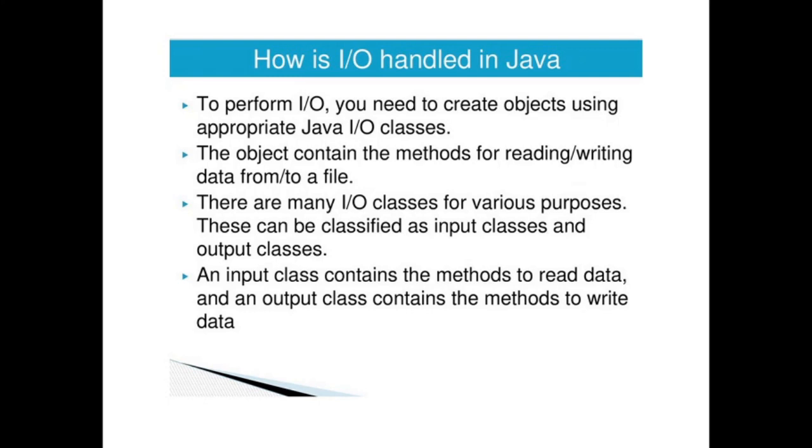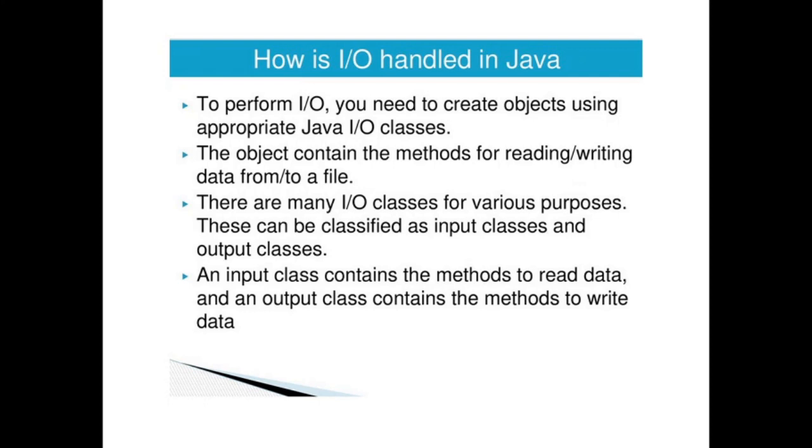Input classes are those classes that take input, or what we can say, they read. Input is also used interchangeably with read in case of IO, input-output. So whenever we are doing input, that means we are reading data from some file. Whenever we are doing output, that means we are writing data to some device. It can be a console device, that is your monitor display, or the data can be redirected to another file. Suppose fout is a file and we are writing this data to that file, so that becomes the output to the file.